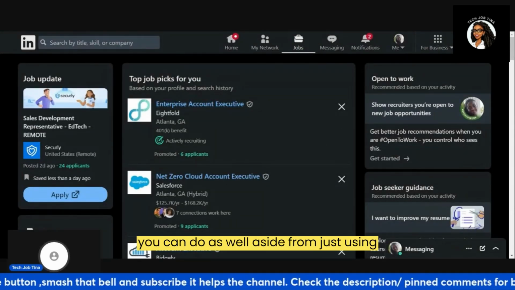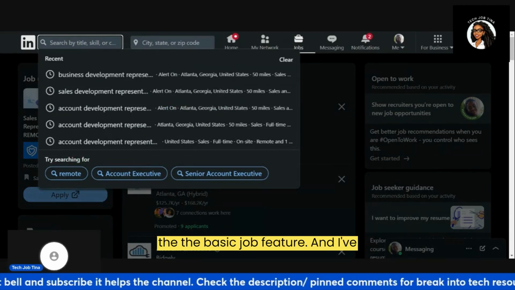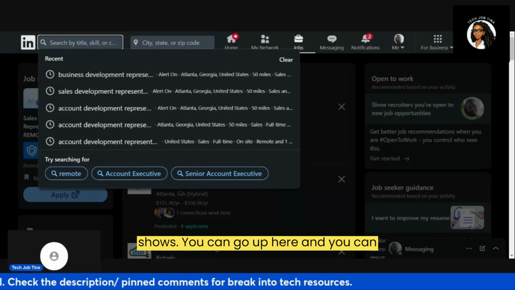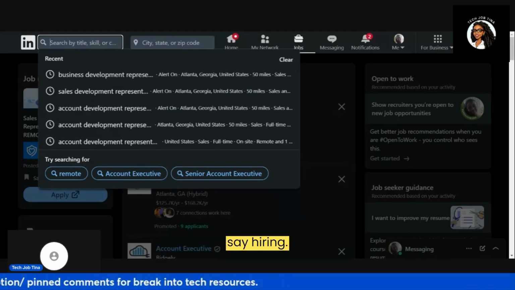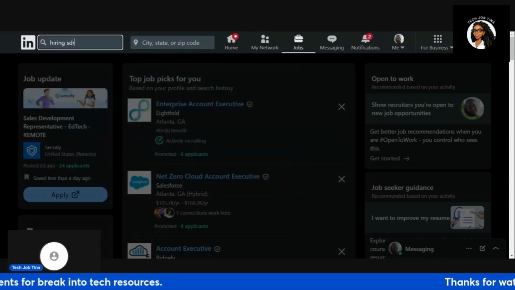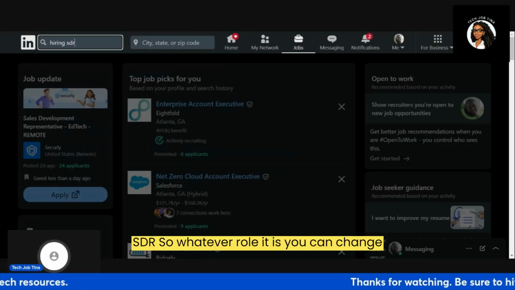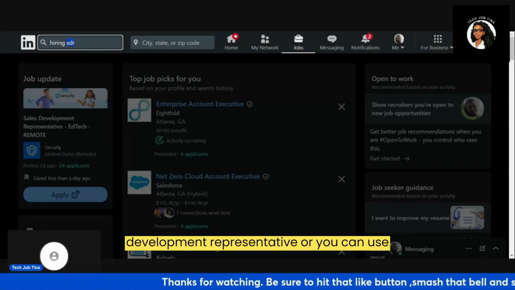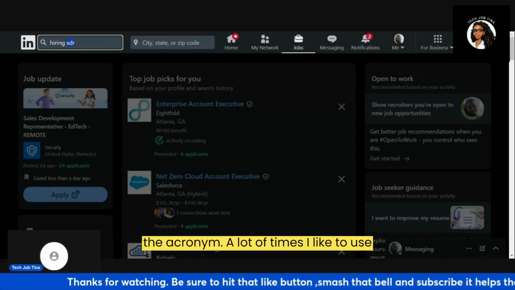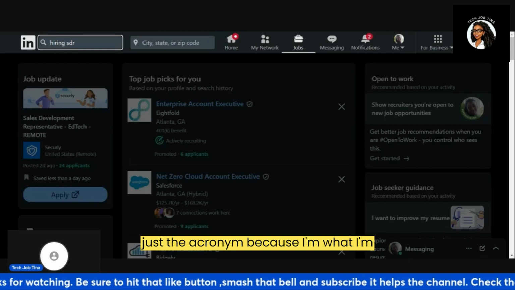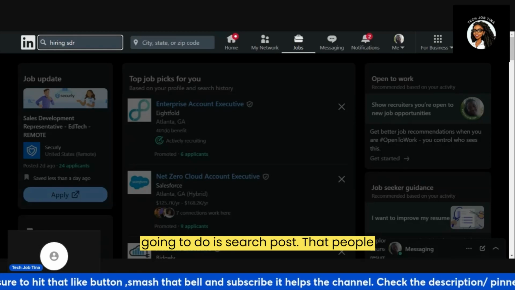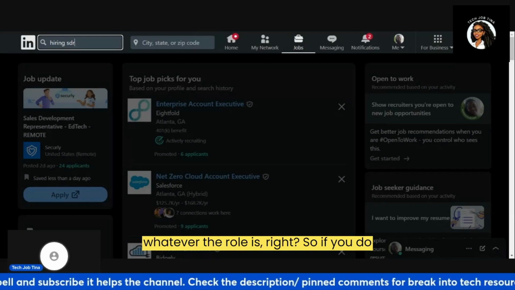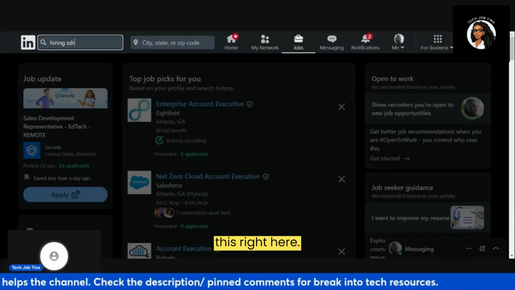Another thing you can do as well, aside from just using the basic job feature, and I've talked about this before on my live shows, you can go up here and you can say hiring SDR. So whatever role it is, you can change this to whatever. You can say hiring and spell it all the way out, sales development representative, or you can use the acronym. A lot of times I like to use just the acronym because what I'm going to do is search posts that people have posted saying they're hiring for whatever the role is, right? So if you do this right here